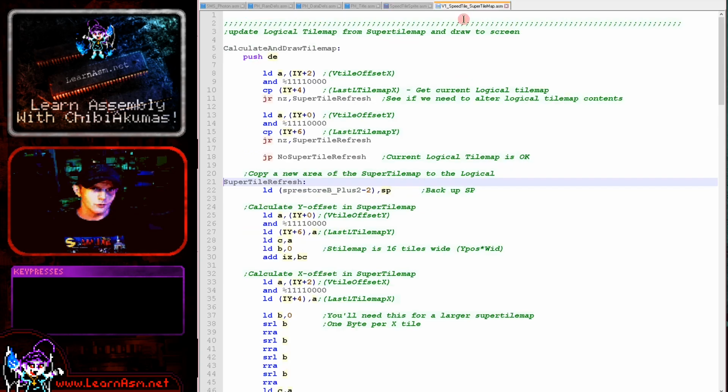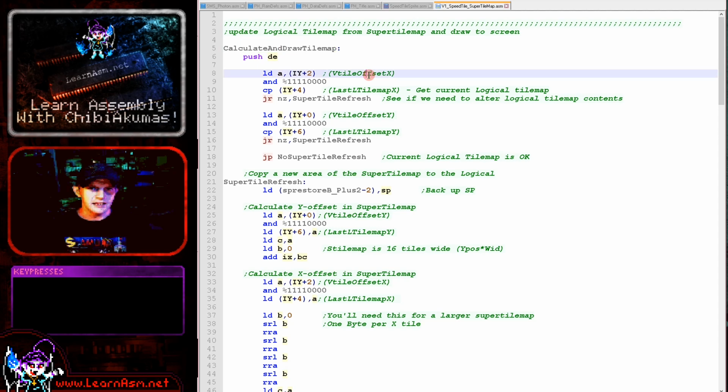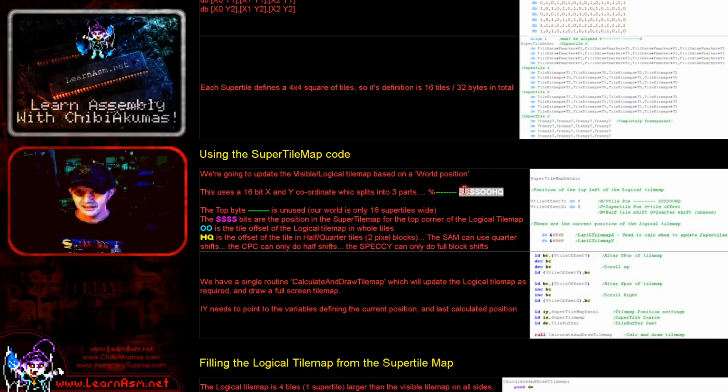Now, the routine that does all the work is calculate and draw tile map, which is just here. So this will do all of the work of working out the contents of the SuperTile map, and then once it's done that, it will use the drawing routine that we looked at last time, which actually gets the logical tile map onto the screen. Now, the first thing we're doing here is we are loading in the current position within the SuperTile map, and we're comparing the top 4 bits to the position that we drew last time. And the reason we're doing that is because the top 4 bits are the SuperTile map position. Remember, these bits are used to